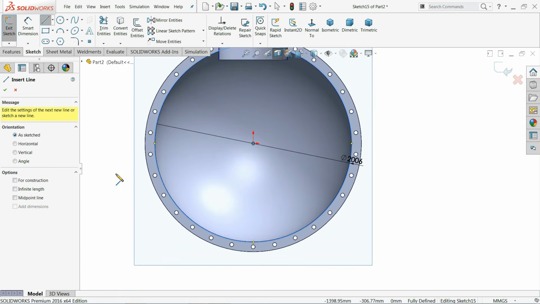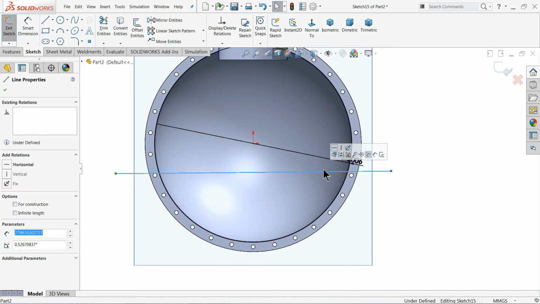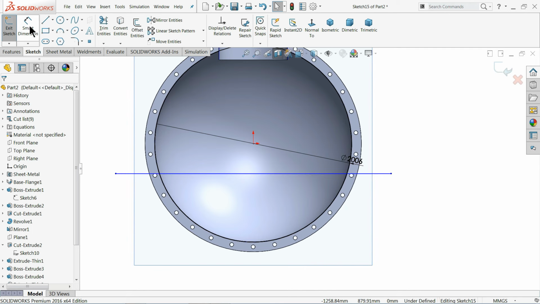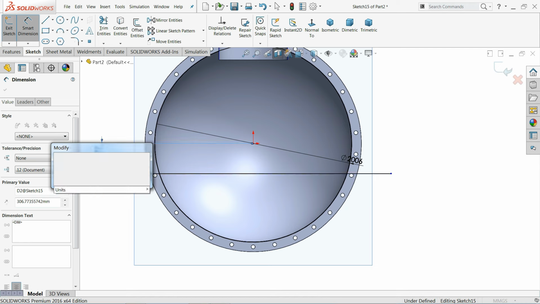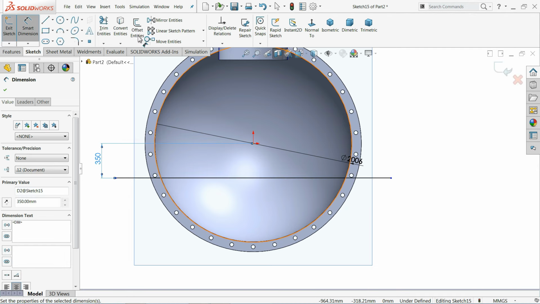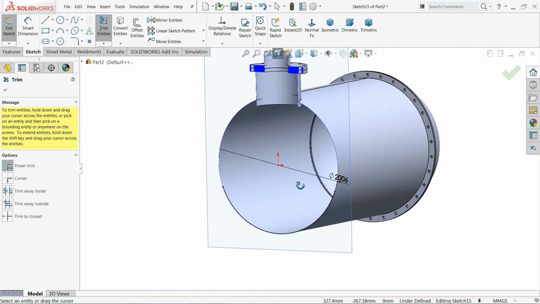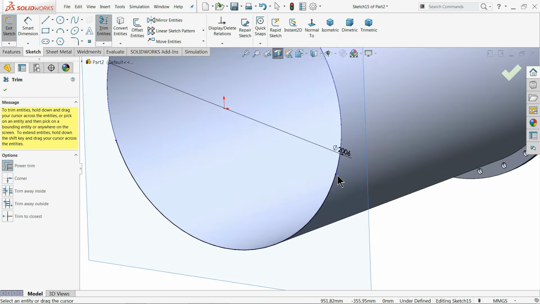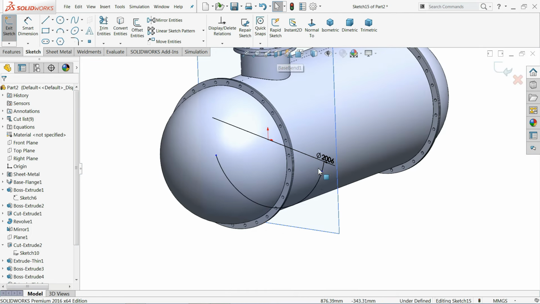line, and I'll draw a line. Let's make this line horizontal. Smart dimension, this distance, it's 350 millimeter. Choose trim entity, power trim, move your cursor upside, so it will cut the upside circle, down this one. Now what remains here, this is the remaining. Okay, just uncheck section view and you will see